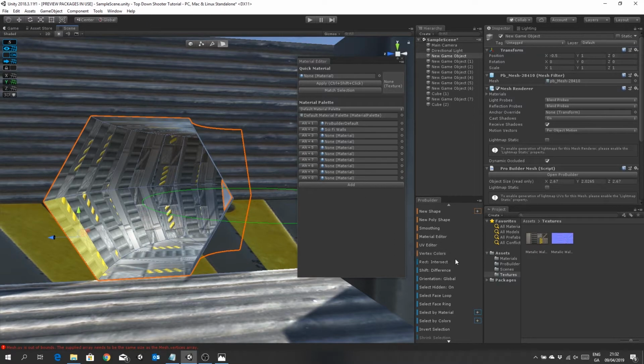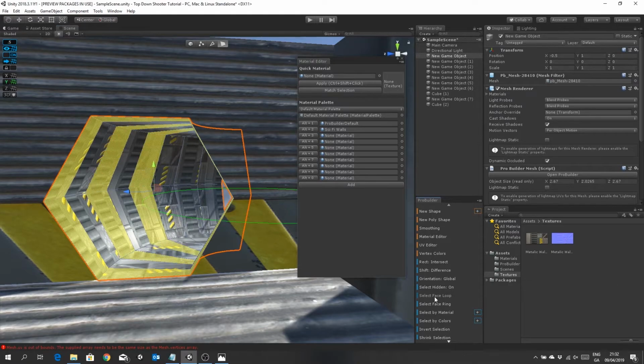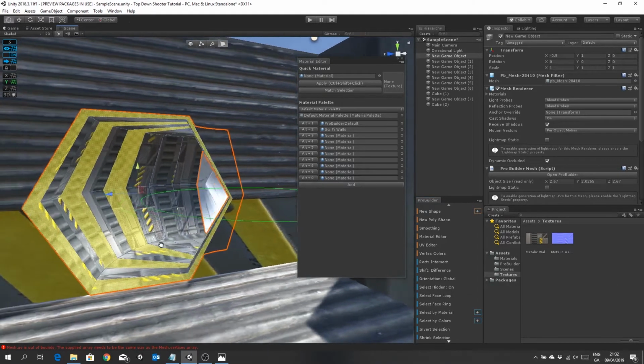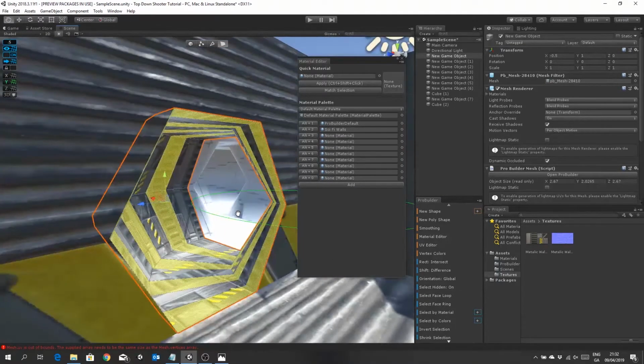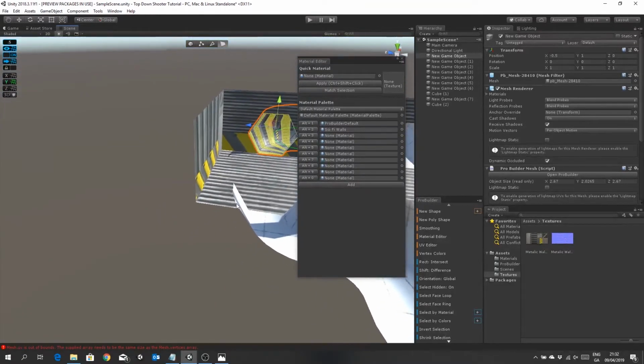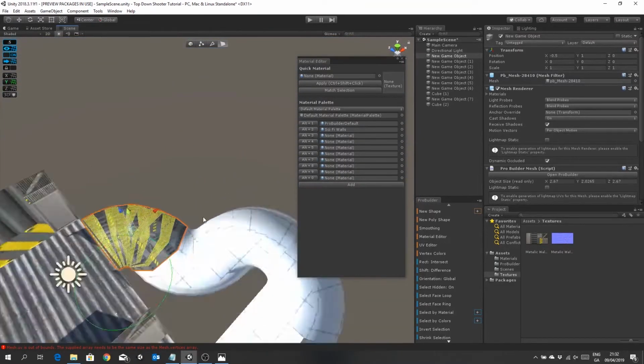In my selection tool, I'm going to select a loop. I wonder if you can select multiple loops. Select. Oh, that's cool. Oh, great. Alright, so that as well. So select face loop. Yes, that is magic. Okay, cool. So now with those selected,